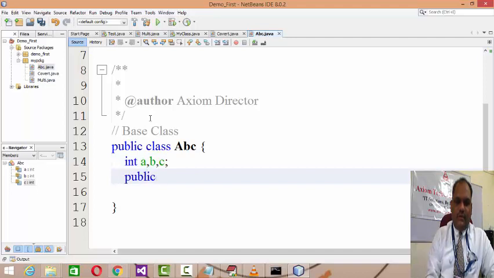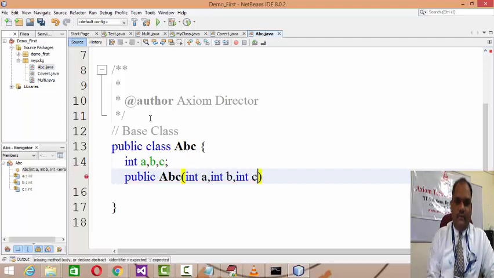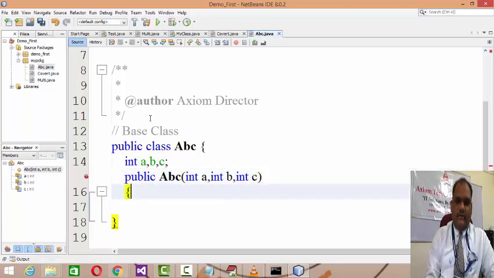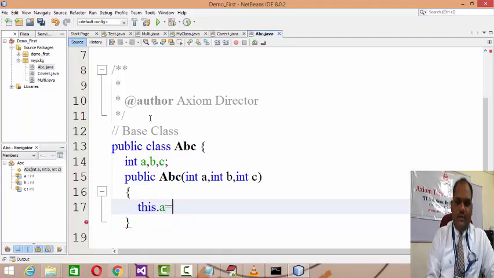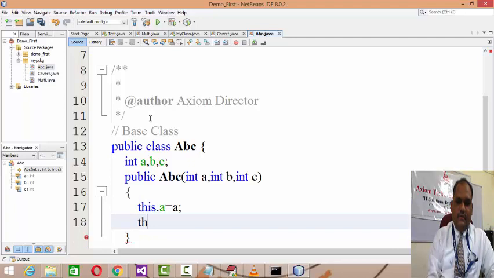Then I'm going to define a constructor, int a, int b, int c, and initialize this.a equals a, this.b equals b, and this.c equals c.